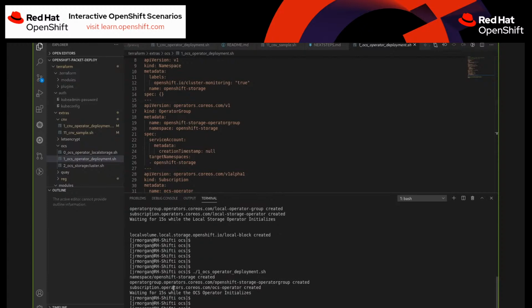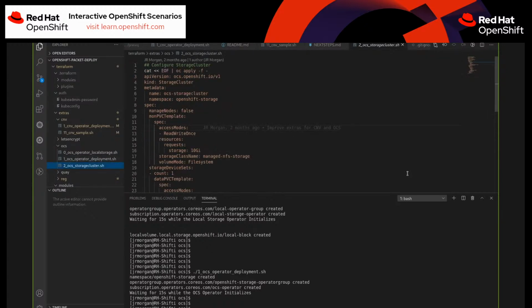Right. OCS just shortcuts it for you, though. It takes a lot of the effort out of it. It also makes it easier to get a little bit of insight into your storage provisioning and storage consumption from the dashboard. So whenever we initialize the cluster,